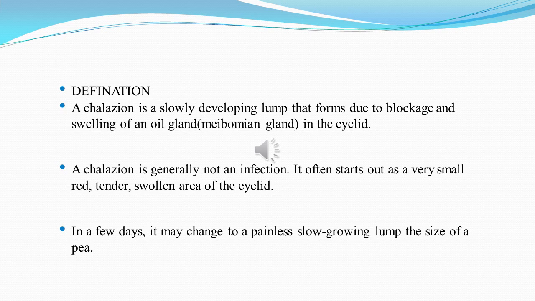Chalazion is a non-suppurative granulomatous lesion involving the meibomian glands or the tarsal glands of the eyelids. It is slowly progressive, starts as a small nodule with or without pain, and progresses slowly to reach the size of a marble sometimes. It may or may not present with pain at any time. When it's small, the patient may not notice it at all, and when it becomes big, they may start observing there is a difference in the eyelid.